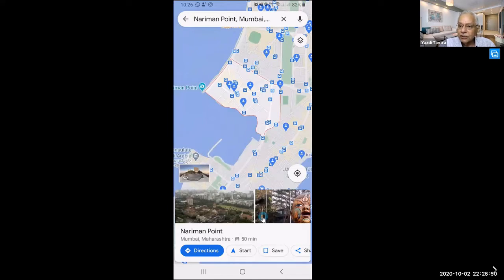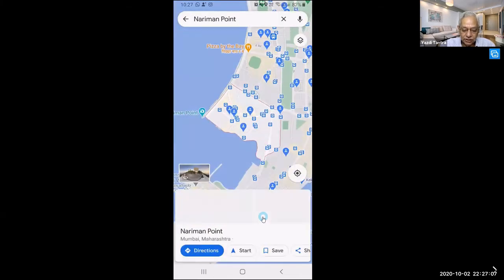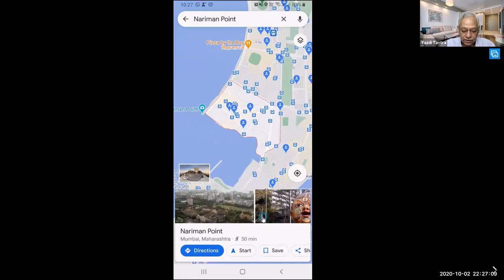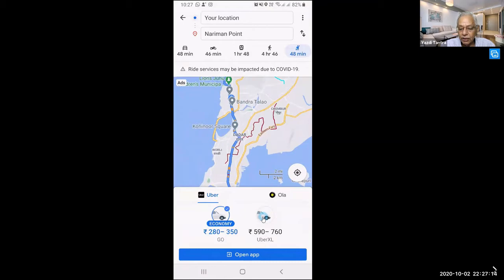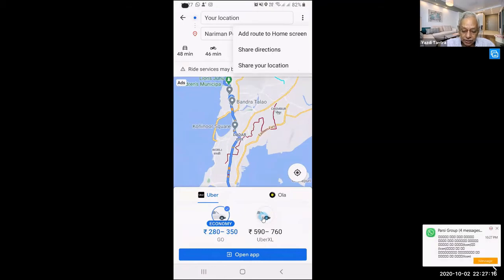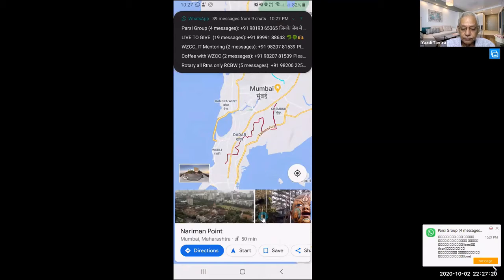Yes, your share location should always be open. Obviously, whenever you are using Maps, your share location should always be open. Did you see the ease with which you could see the parking also? It is very, very easy. When you click on directions, you will automatically see what your parking situation is.